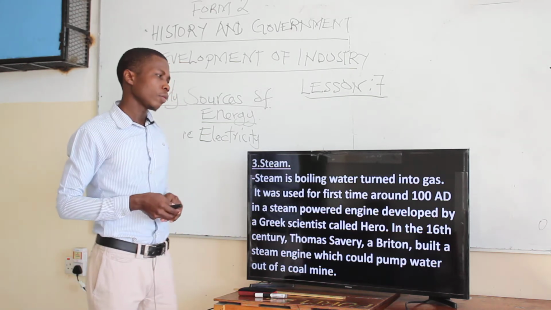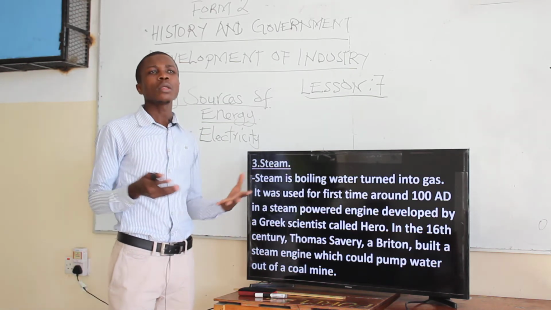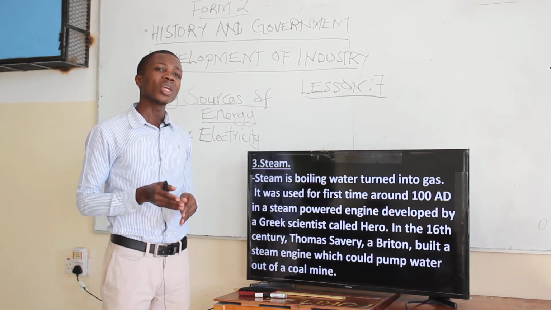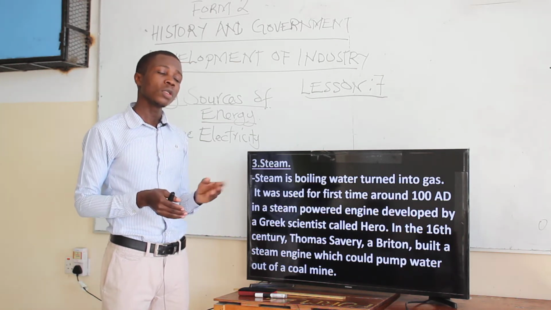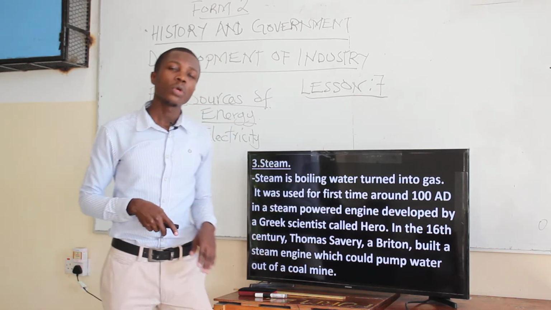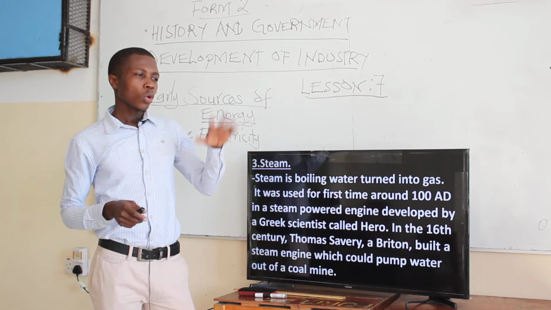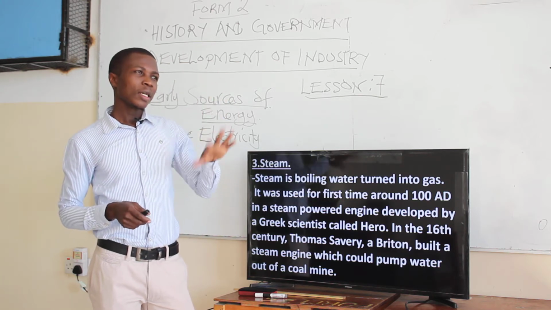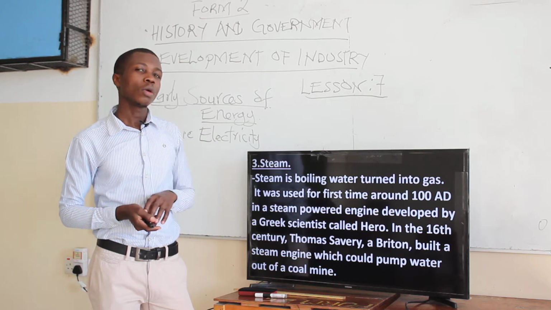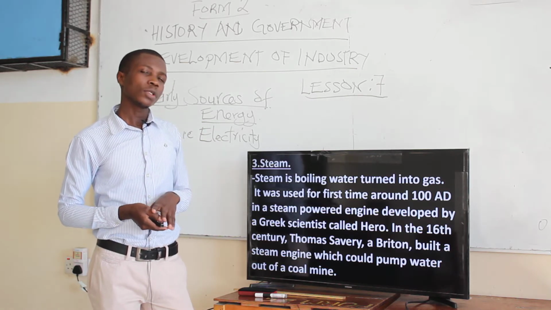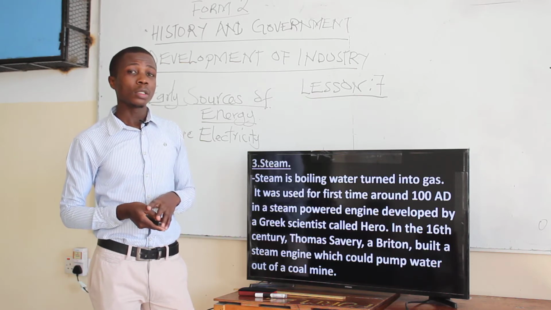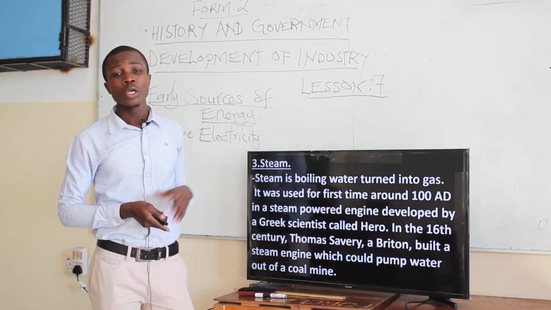Let's look at steam. What was steam? In the coal lesson, which was the first one, we talked much about the use of coal. Coal was used to heat water, and water could produce steam. In the kitchen, when you are boiling water, what you can see is water vapor, water in a gaseous state. That is what is known as steam. It was used to provide energy in industry during the industrial revolution in Europe.